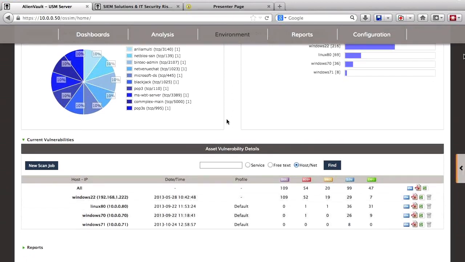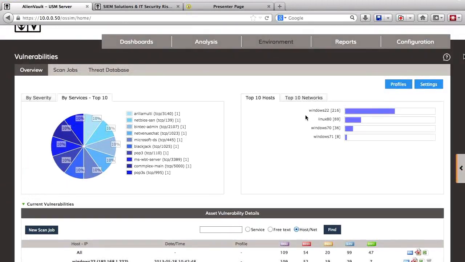And so those two things are sources of information that you can tie together to do a bit of your own correlation and prioritize your efforts accordingly. In our demo environment here, just looking at this example, you can see we've got a system that has quite a few vulnerabilities. It's something like